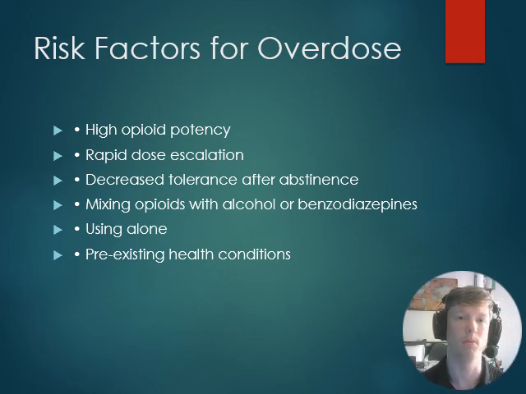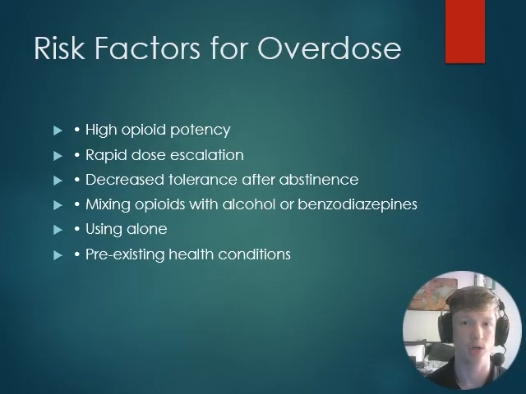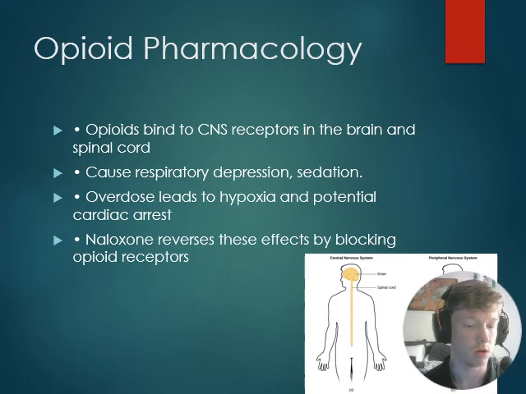So when you combine multiple downers together, they end up potentiating each other, leading to an increase in CNS depression, respiratory depression, which we're going to get into in a little bit. Again, even just using these drugs alone is still a major risk factor and can lead to a lot of problems. Pre-existing health conditions can be exacerbated by overdose. If we have someone with respiratory issues, so they have COPD, CHF, and then they use narcotics as well, those could potentially cause flare-ups of those subsequent diseases. Let's go ahead and move on.